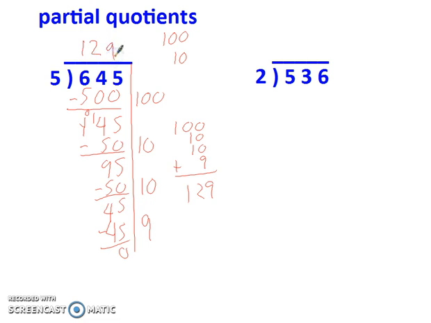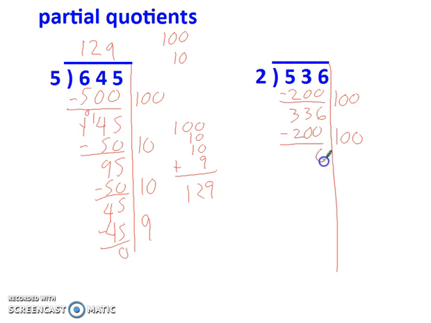Let's try this one out with the 2s, doing this the same way. Can I give away 100? Yep, because 100 times 2 would be 200. And now I have 336 left. Can you give away another 100 to each person? Yep. So there's another 200 gone, and now I'm at